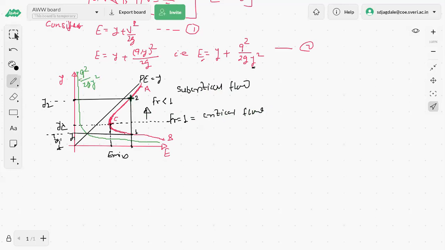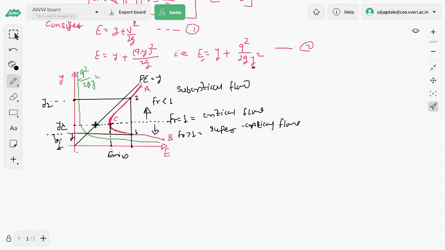When we pass the same discharge at a depth less than the critical depth, that is y1, the depth is decreasing, meaning the velocity is increasing. As the velocity is increasing, the Froude number associated with that flow is more than 1. So in this case the Froude number is greater than 1, and the associated flow is called supercritical flow. This is a supercritical flow, and the Froude number is greater than 1 for this condition, isn't it? This is E minimum, that is the minimum specific energy.